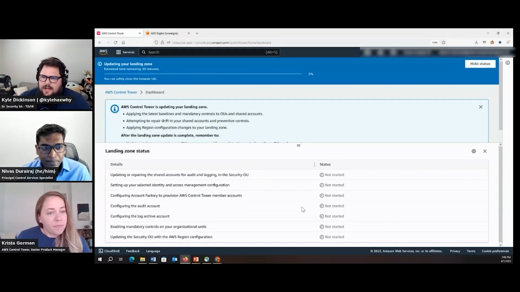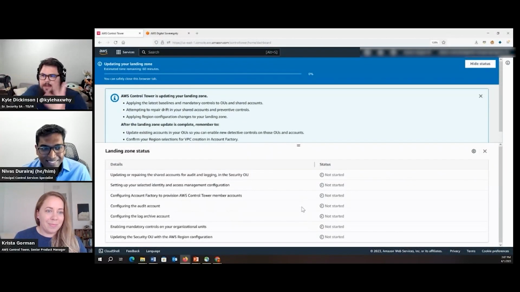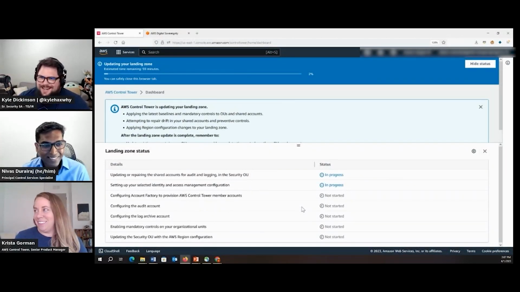And if someone wanted to get hands-on with this without bringing it into their production environment, and just wanted to understand how it operates, there are workshops that they're able to join, it sounds like, as well, which we'll include a link to here in the chat. Again, I don't know where the chat's going to be, but there are workshops that go hands-on with Control Tower if you're a hands-on learner or want to prove it out before